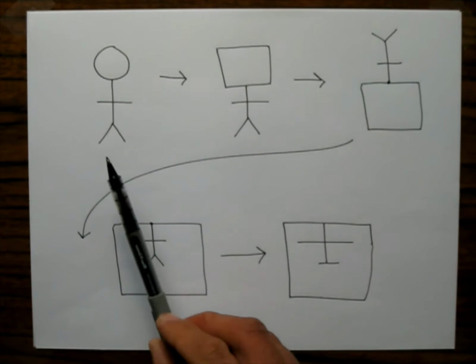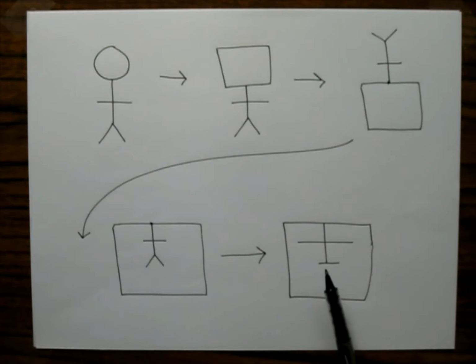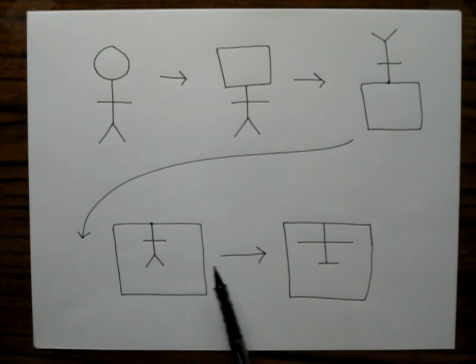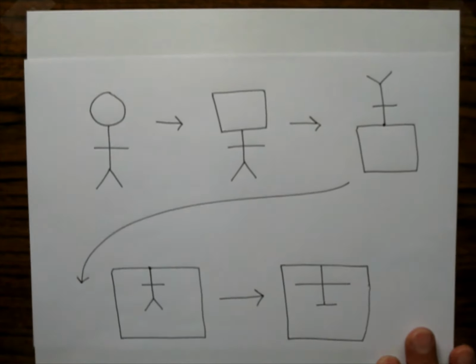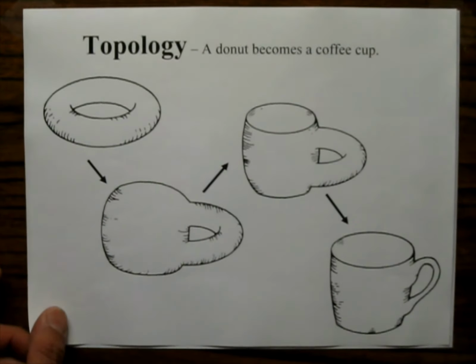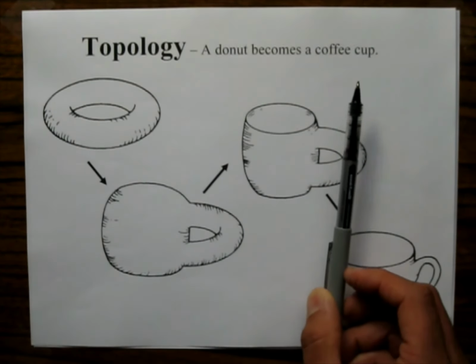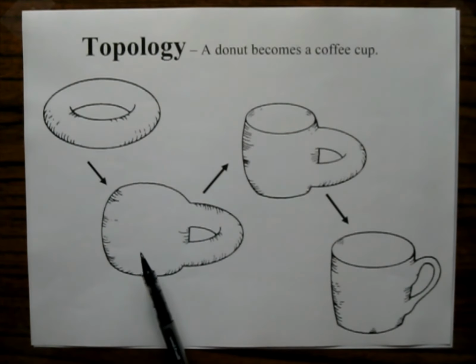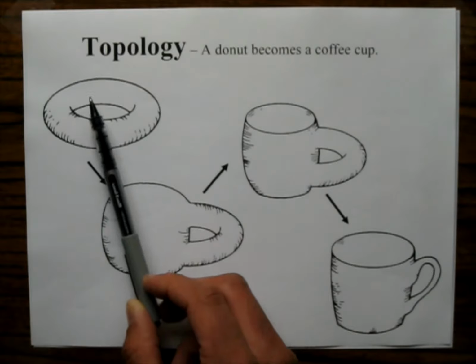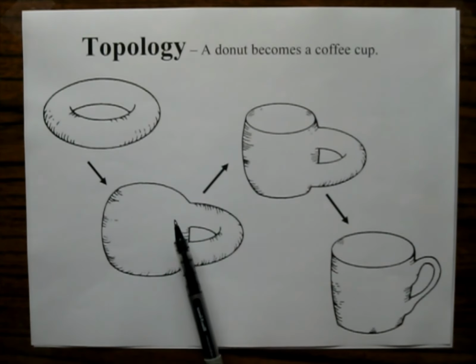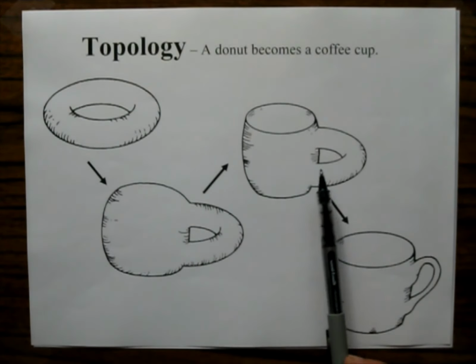So you can do this twisting, stretching, turning in 2 dimensions. This is 2 dimensions. But you could also do this in higher dimensions. And so here's a very famous thing in topology where a donut becomes a coffee cup. So this donut gets distorted to this. So think of it maybe as a piece of clay. And it has that hole in it. And look, track the hole. The hole becomes